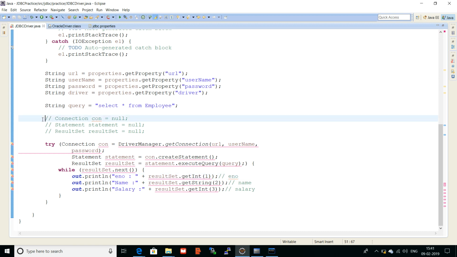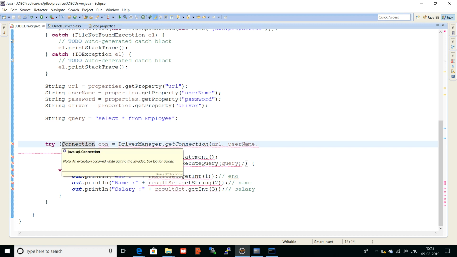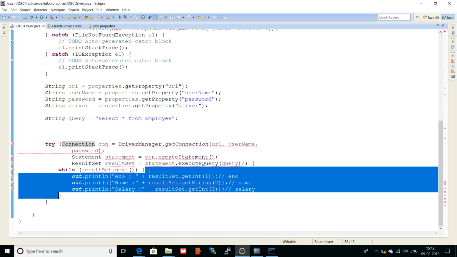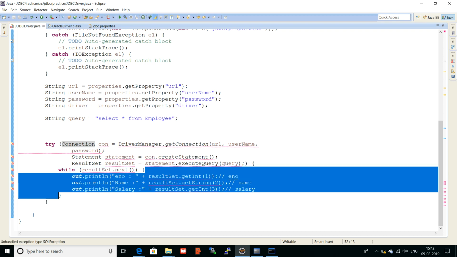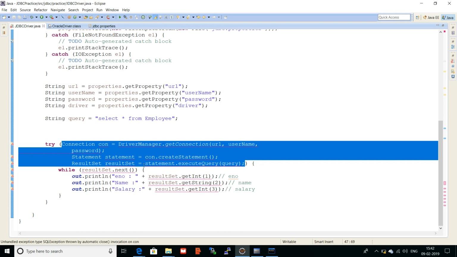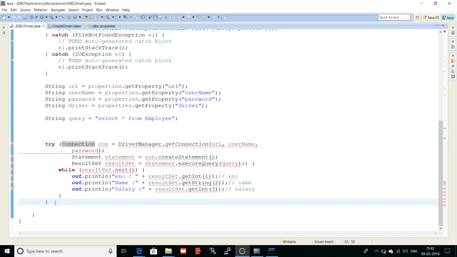We can remove the unnecessary code. So what's the error here? Unhandled type exception, yes. So we had till here, right? And where is this? We had till here. This try with resources, and I should be having from here to here, and I can have catch,